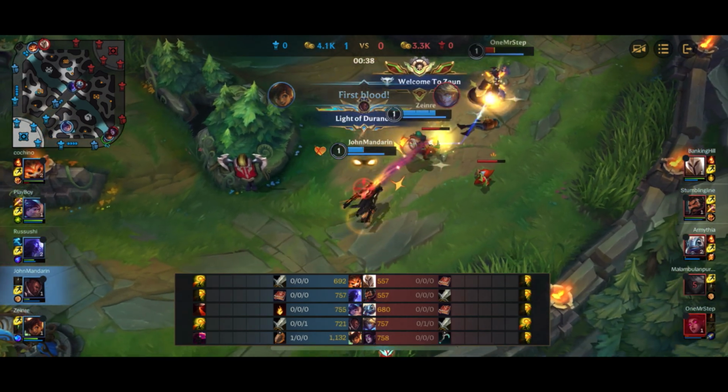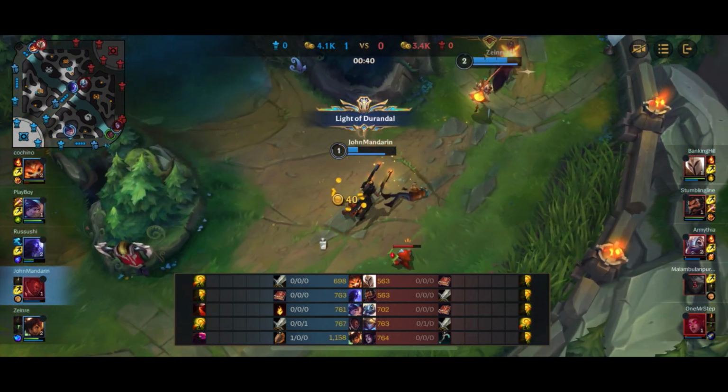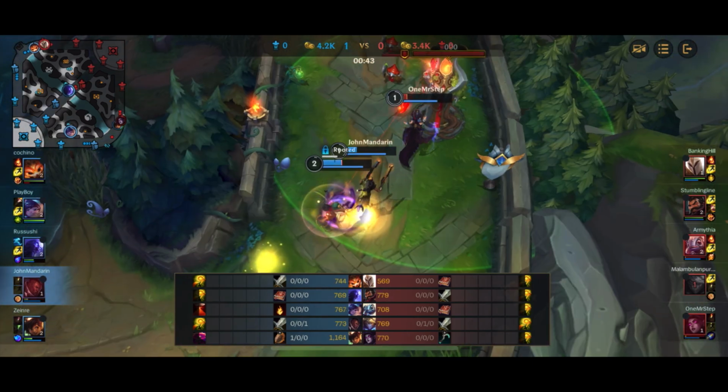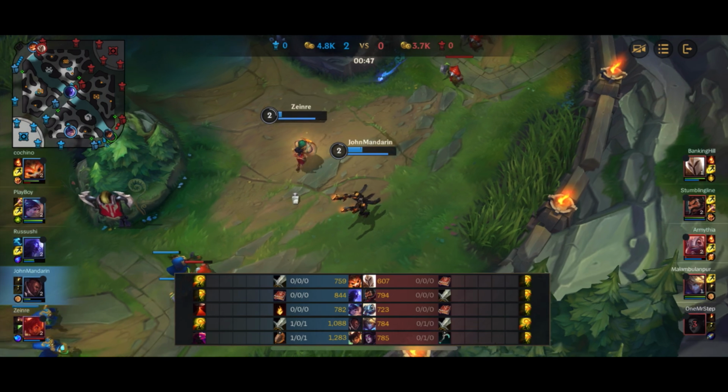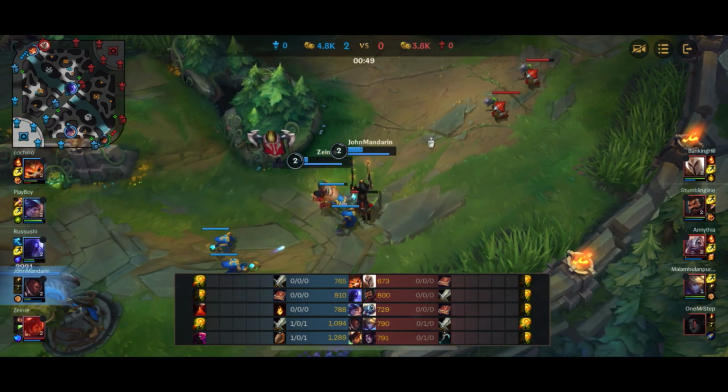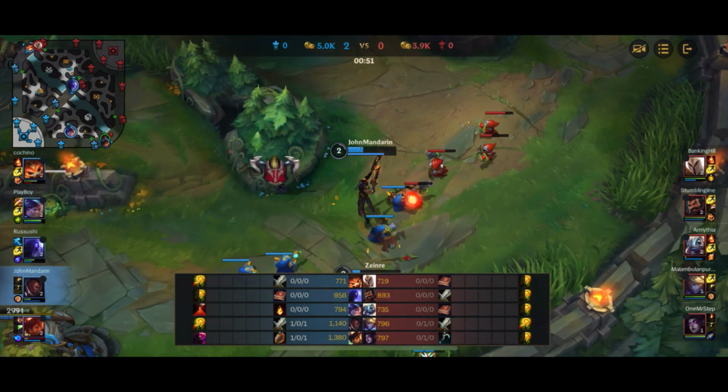Here we get into an insane level 1 fight, and we do end up getting the kill onto the Ezreal, and then having to flash forward, finish the kill onto Morgana, giving us a very good start to the game. And the reason why I think it's better to play with engagers is because they can engage for Lucian,